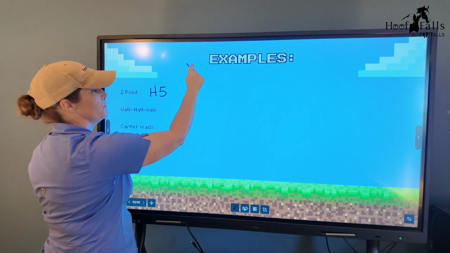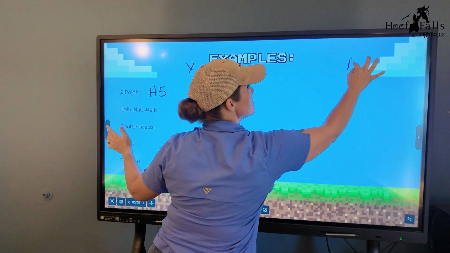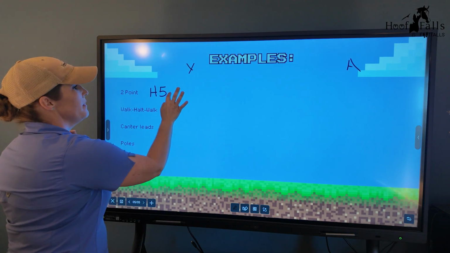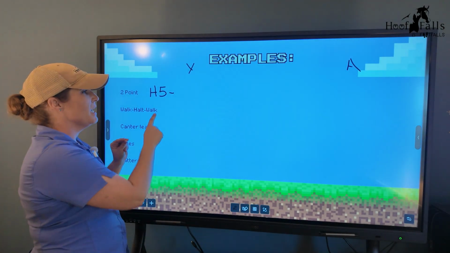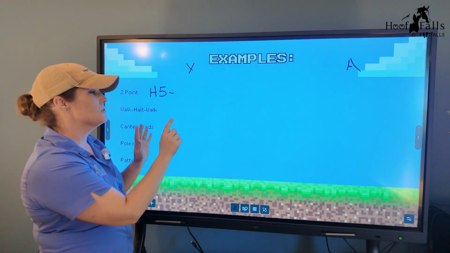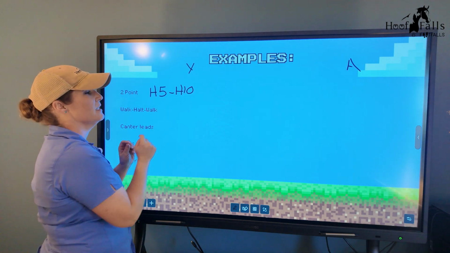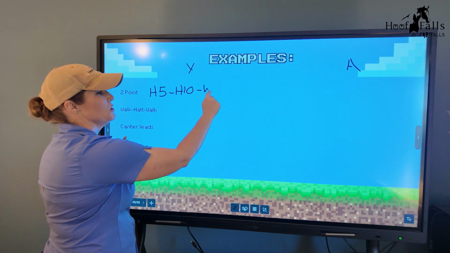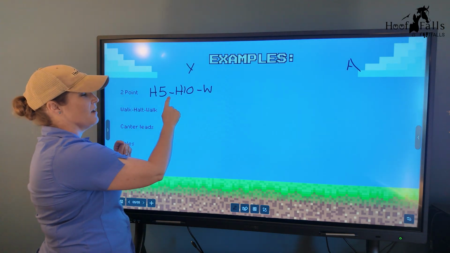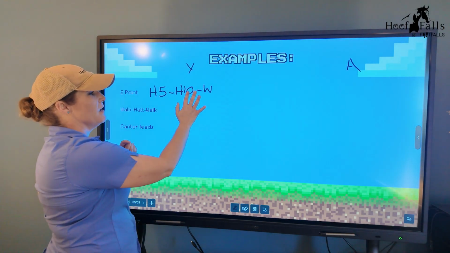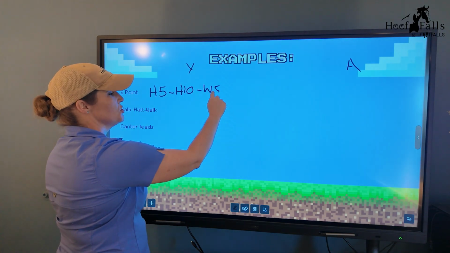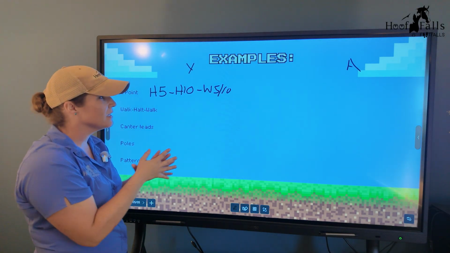Let's say this is our youth side, and then this is our adult side, okay? Then, depending on how my student's doing, I might try it at the halt for 10 seconds, and then maybe we do a walk, and I'm going to let that rider choose a 5 or a 10, and they can choose kind of how they're feeling.